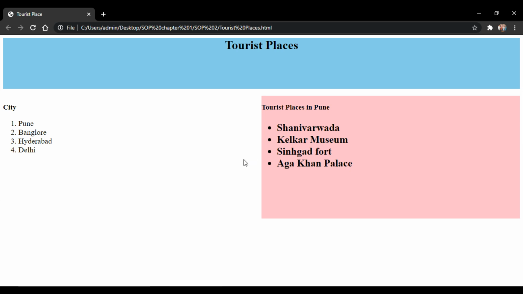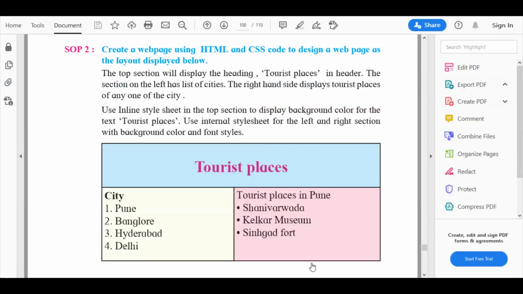So I'll just show you what had been given in the textbook. And as you can see, we have achieved our goal of getting the output as given in the layout in the textbook. So this was our SOP2.